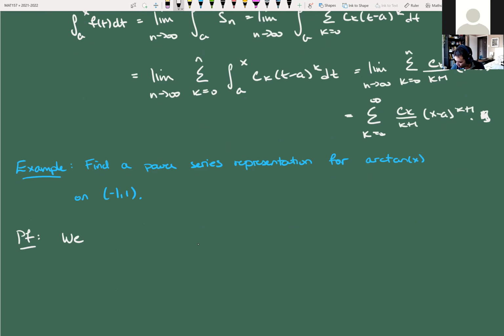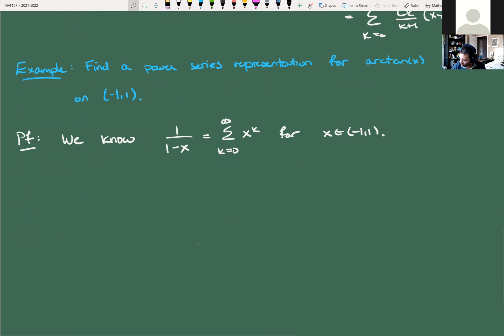So we know 1 over 1 minus x equals the geometric series. This thing has radius of convergence equal to 1, so these two things are actually equal on -1 to 1. Now we have to be a little bit tricky. We say, well, okay, how can I relate this to arctan? Well, note that